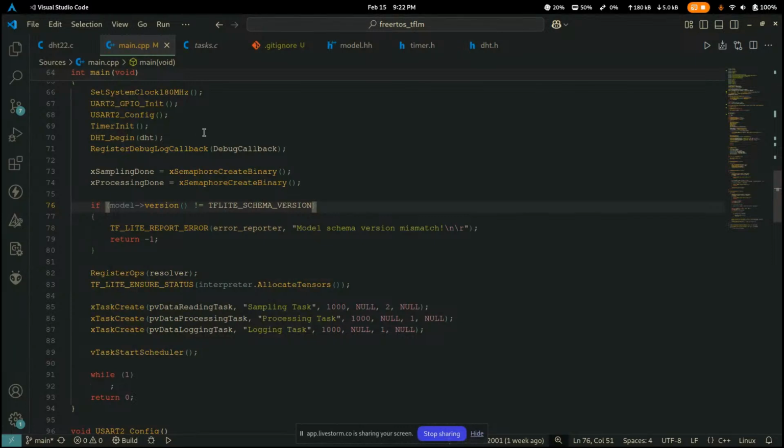Okay. So here we are setting our clock speed to 180 megahertz. Basically, it is the maximum speed of the microcontroller I am currently using. It is the STM32F446RE. Because running inference is a heavy task, and if we use the default speed, which is 16 megahertz, then your inference will